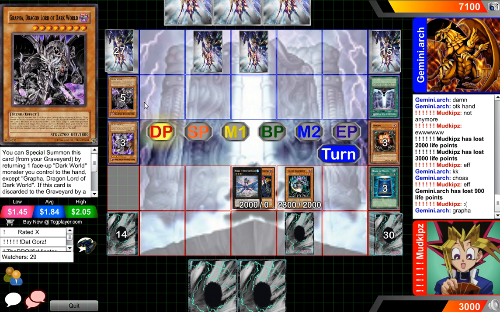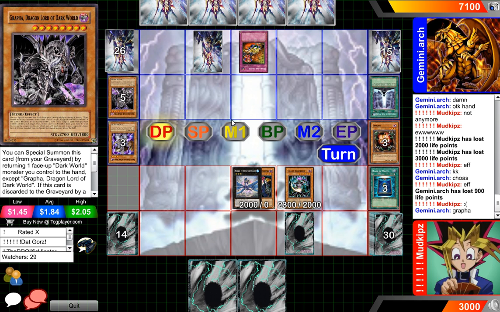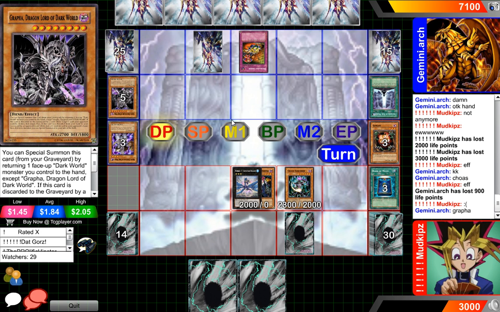Book of Moon actually does hurt Dark World, surprisingly, because Graffa has to target a face-up Dark World, and as soon as the Dark World summons, you can just go Book of Moon, and then they can't return it. And the player in the red is going to go for a Reckless Greed, so maybe he just doesn't have that card to summon to bounce back, so let's see what our player in the blue goes for. Our player in the red just needs one response, basically, because Dark World is a deck where most of the time you only have one summon per turn, because you just summon, bounce back, or Graffa. It's always go for Graffa. So he's going to go for...